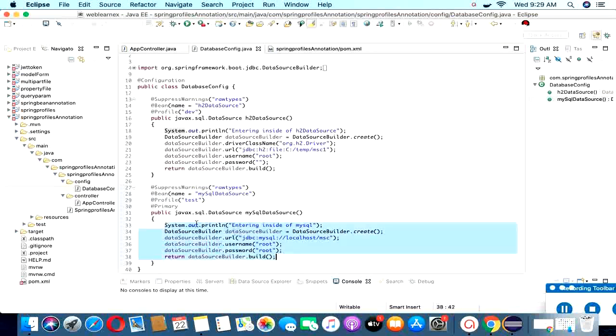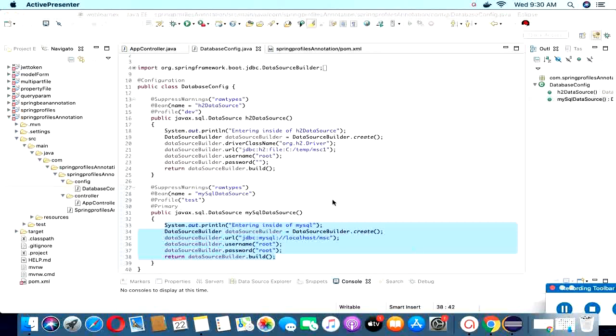You can observe here. So when I run the application on the dev environment, it will automatically pick the H2 database configuration, and for the test environment it will pick the MySQL configuration.